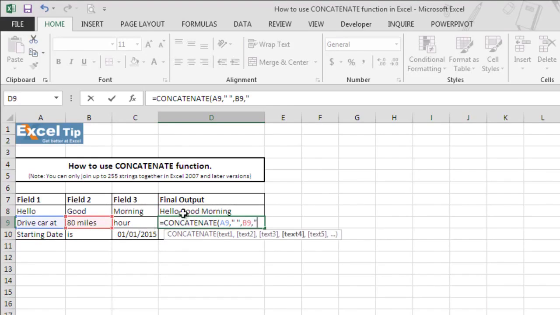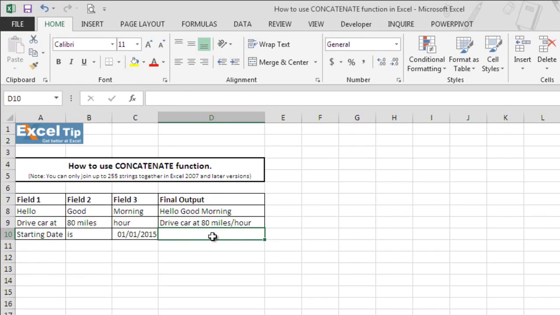To add that, as we introduced the space, here after the first quotation mark we'll insert the division slash symbol in the quotation marks. Now we select the last argument and close the parenthesis and hit enter, and the function returns drive car at 80 miles per hour.